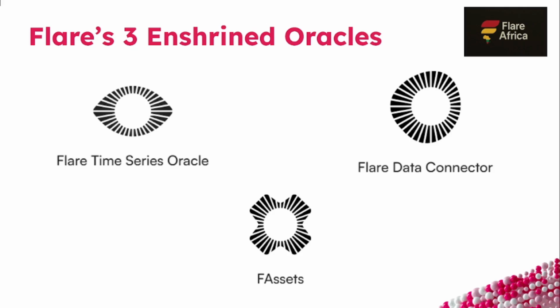So there's a number of projects on the Flare network. We might see a few of them that are trying to enable DeFi for XRP or Ripple. So if you're holding Ripple, you need to check out some of these projects. They might give you an opportunity to participate in DeFi with your tokens. It might be in governance, lending and borrowing, liquid staking, or liquidity provision, a number of things that are coming up. Some of them are still in beta and being tested, but the future is really bright.